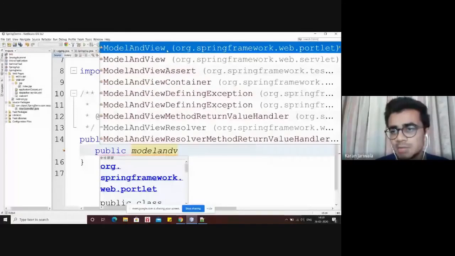So I've got suggestions over here, and now import this ModelAndView, that is org.springframework.web.servlet. We don't want portlet, we want servlet. Okay, so I'll click over here and I'll press enter. Right, so you can see that the servlet ModelAndView is included. Do not write portlet. Okay, don't make that mistake.